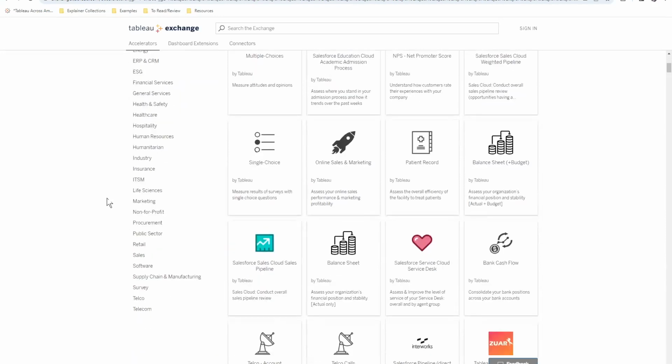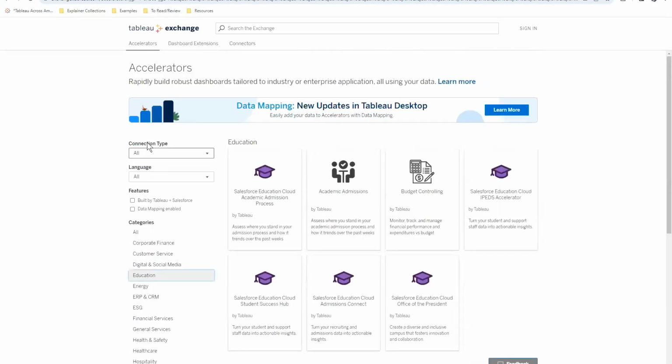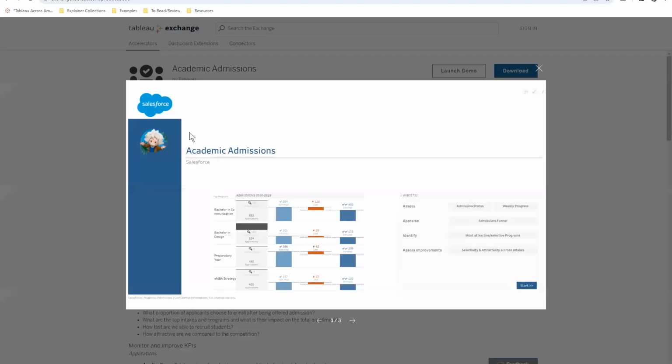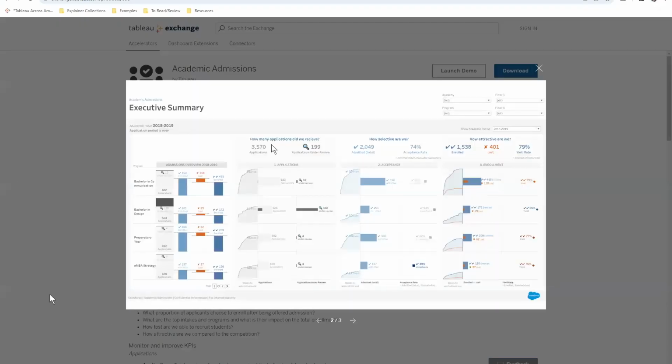So in this case, let's take a look at education data sets, such as academic admissions. Here we have a collection of dashboards that help us look at a high level, what is the admission rate for our institution, for, in this case, specific types of attendance or specific types of students.